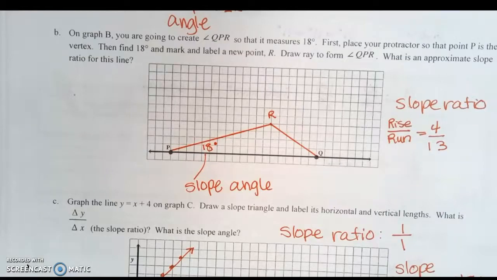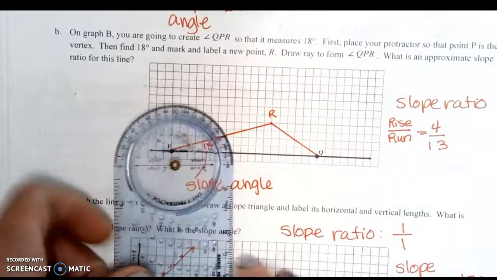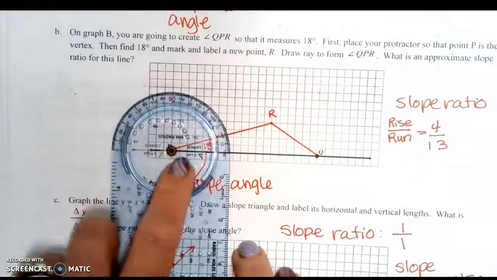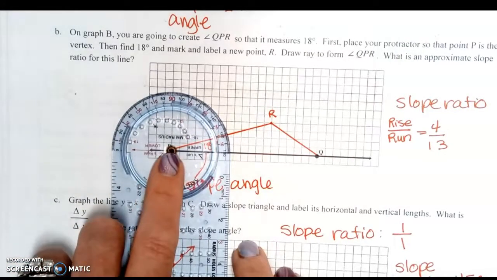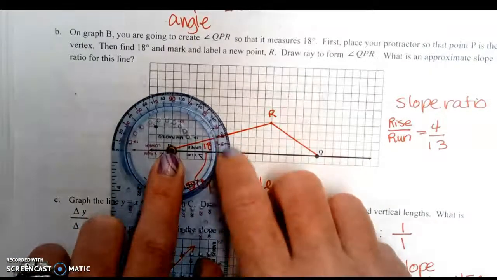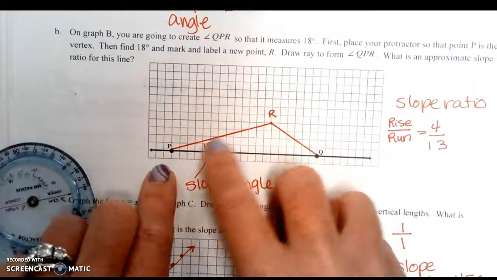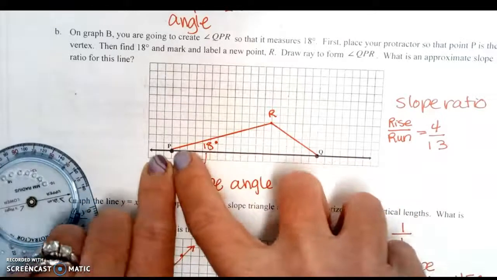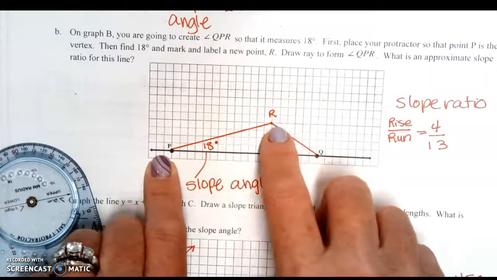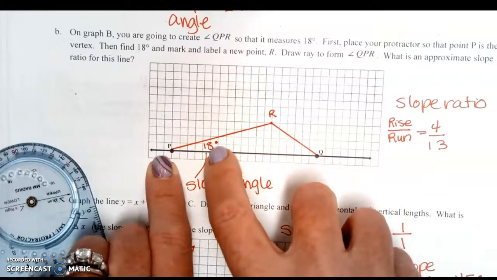Okay? So they wanted you to start at P, which is right there. If you set the center of the circle on the protractor, you're going to measure out 18 degrees, and you put a point, and then you draw your line up to point R,